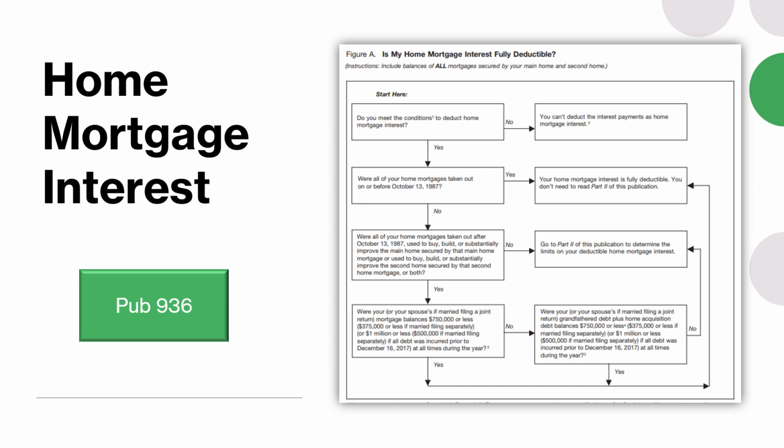And if they say yes, we're good to go, all of that interest should be deductible. But if they say no, they used some of it for the home, and they cashed out a little bit for paying off their student loans, or anything else that's not either